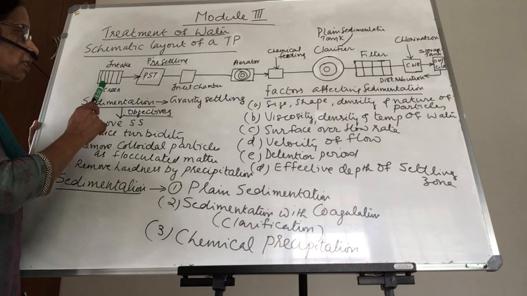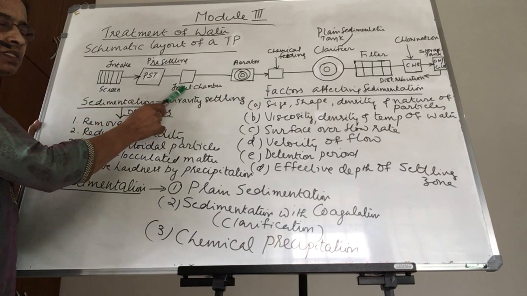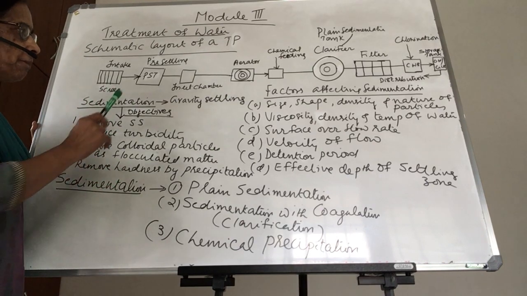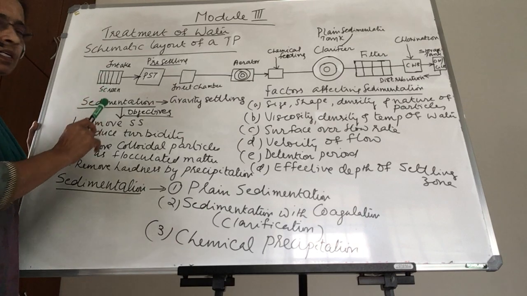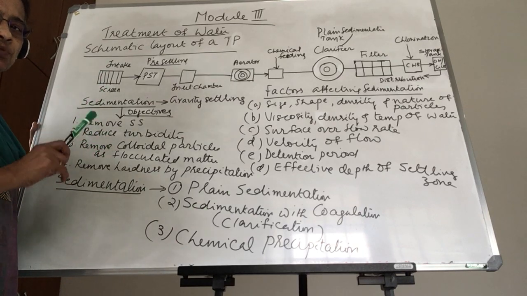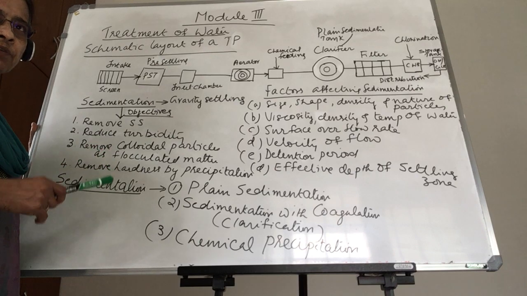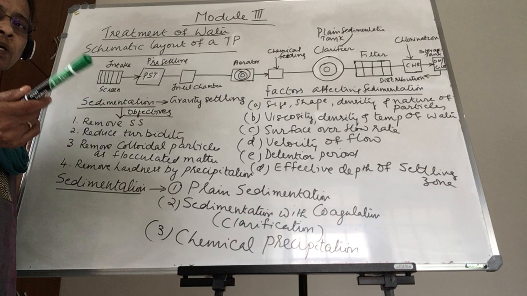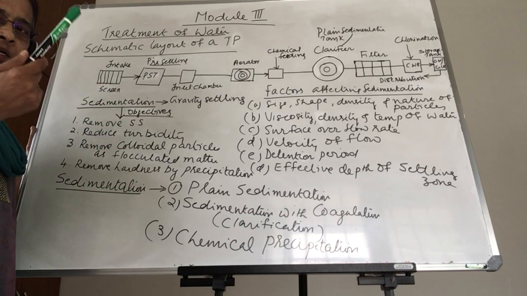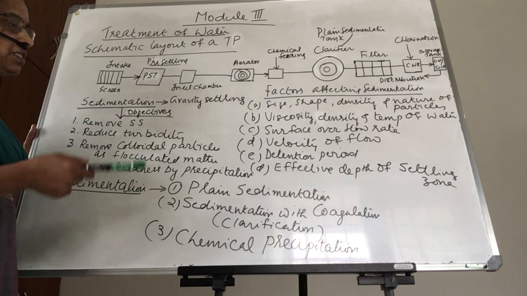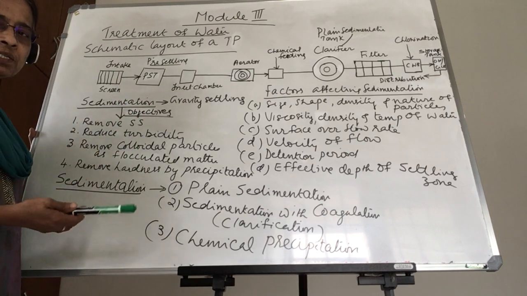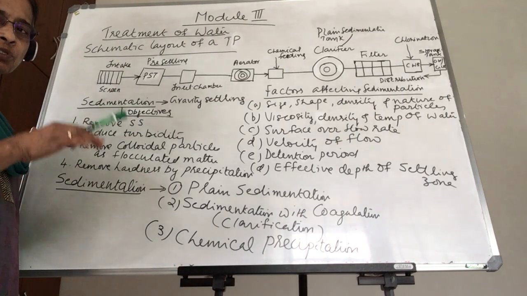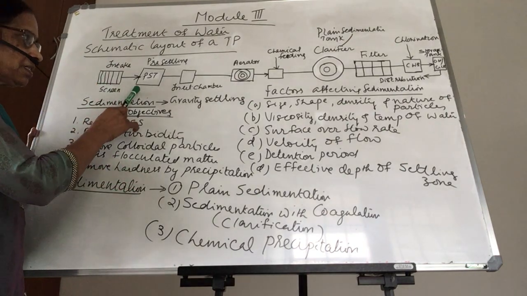So here the PST as well as this inlet chamber is optional. The PST, that is the pre-settling tank, is recommended when the turbidity is very high. When the turbidity is very high, for example, during the flood season, the turbidity of raw water in Pamba River may be around 300 or 500 NTU. So in that case, if pre-settling tanks are there, you can settle a certain turbidity there. The suspended particles can be removed to a certain extent in the pre-settling tank.